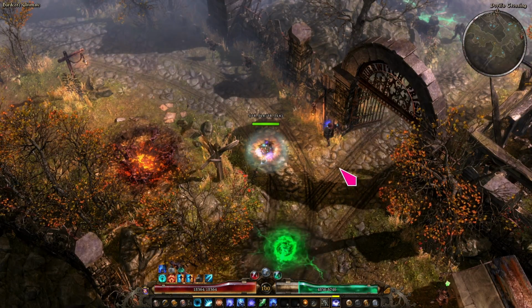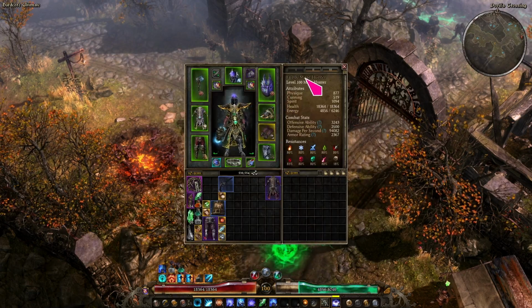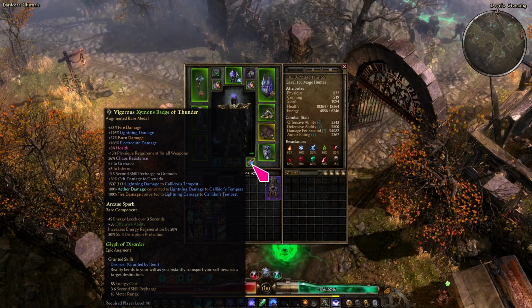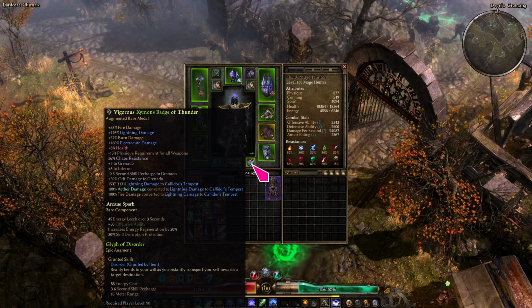Alright, so this is another fresh start Lokkar build. This is a Mage Hunter focusing on Kalidor's Tempest and Word of Pain. Kaiman's Badge is one of your most important things. That means you need to go Death's Vigil when you are...